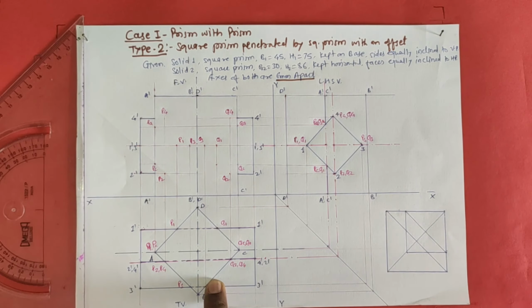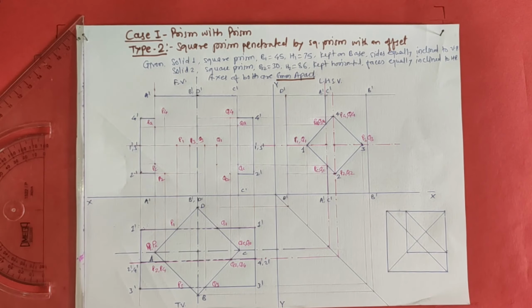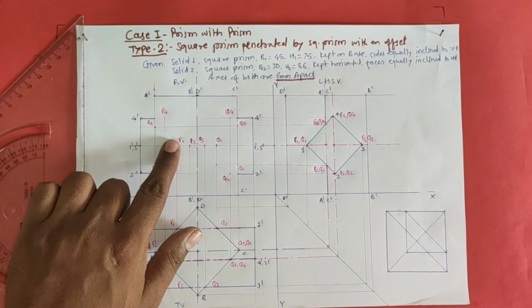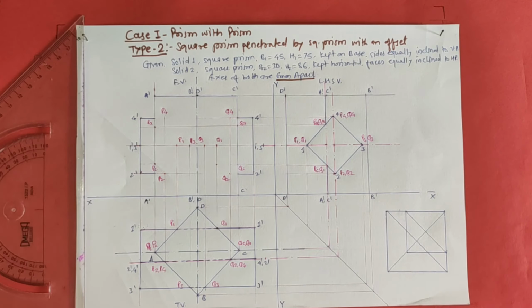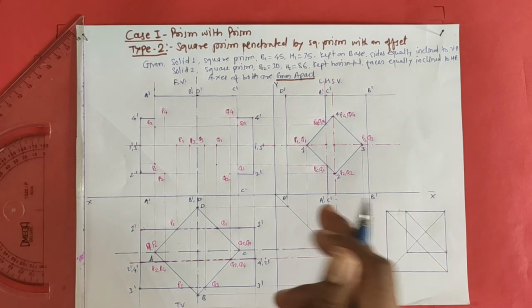Now the sixth step, step number 6, is to join cutting points in the front view. Now from the front view we have to join cutting points. See, for joining cutting points there is an important rule: whatever points you are going to see in the front view are to be joined in dark line, and those points which you are not going to see should be joined by hidden lines. Okay, I will show you how to draw it, it is very simple.